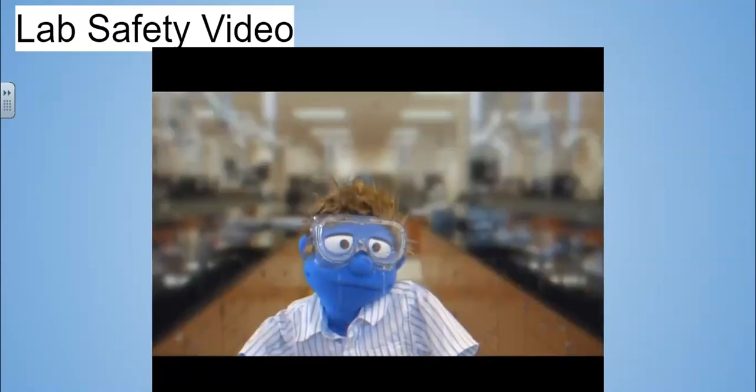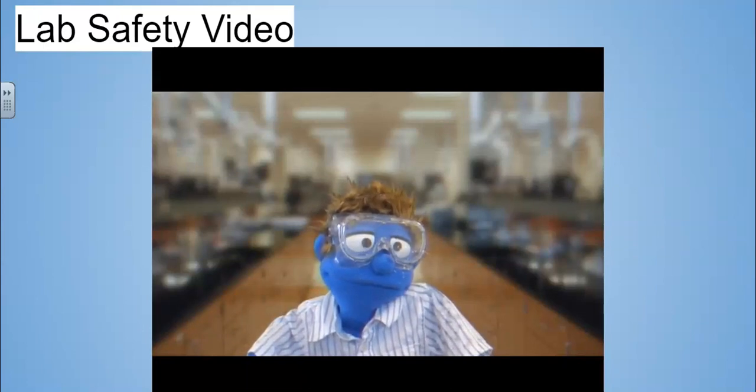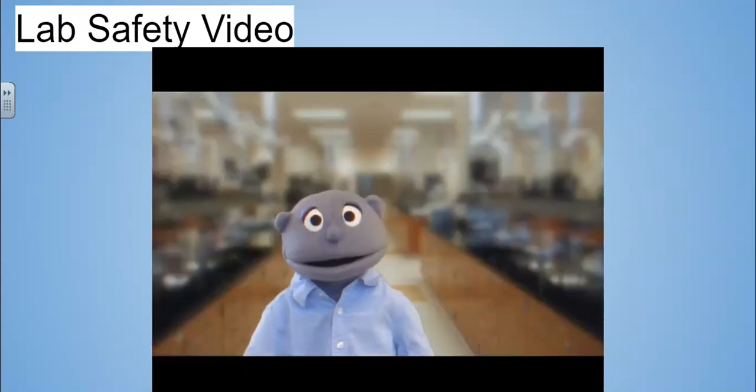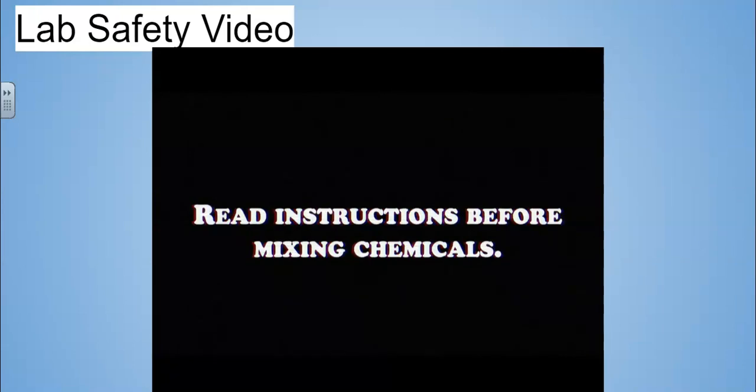Wear safety goggles. Don't take off safety goggles. Read instructions before mixing chemicals.